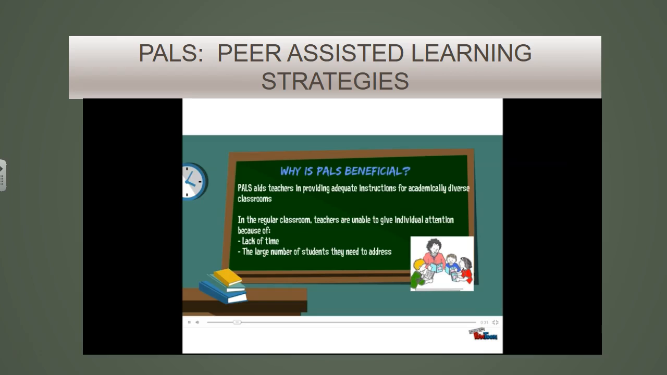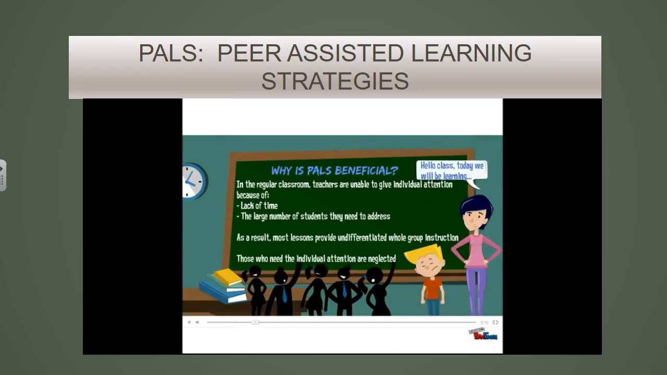Why is the PALS reading program beneficial? Well, as a teacher, it is difficult to provide adequate instruction for an academically diverse classroom. Those who are at risk for reading failure and/or have learning disabilities do require considerably more instructional engagement, but teachers are unable to do so because of the lack of time allocated within the term and the number of students they need to address. As a result, most lessons provide undifferentiated whole group instruction, and the much-needed individual attention becomes